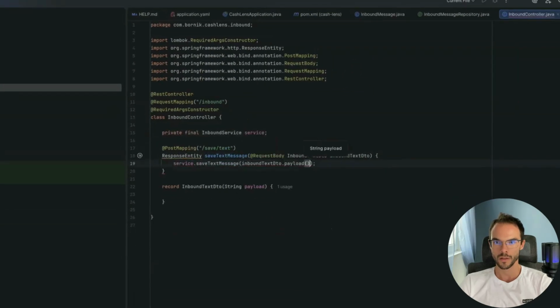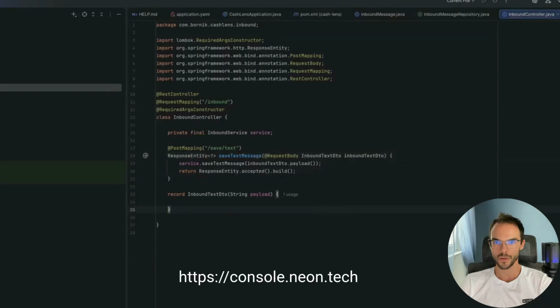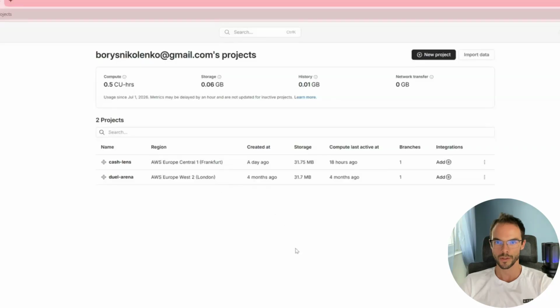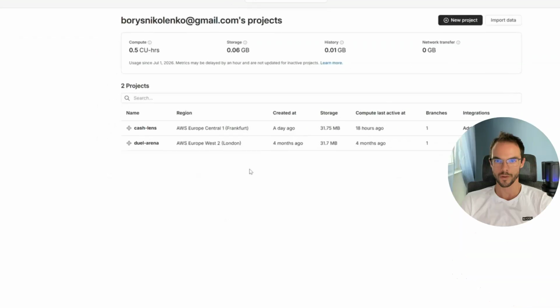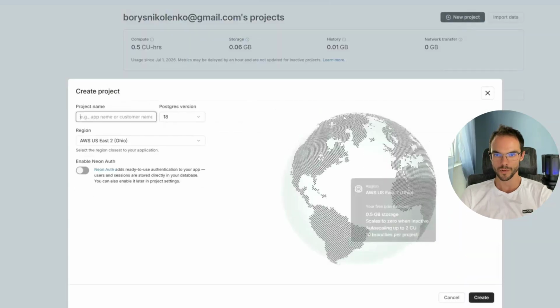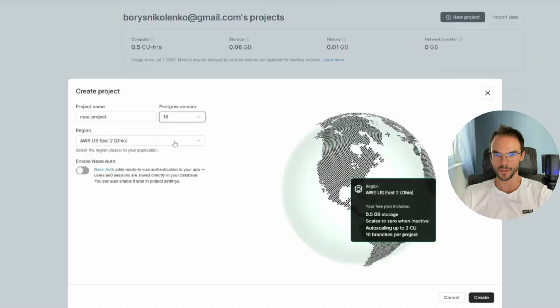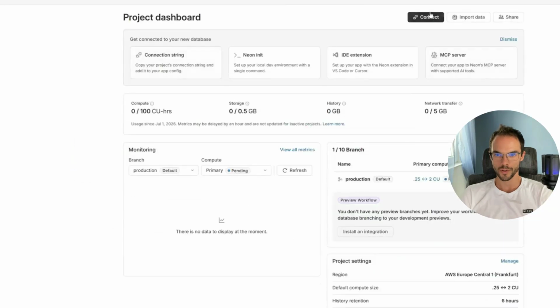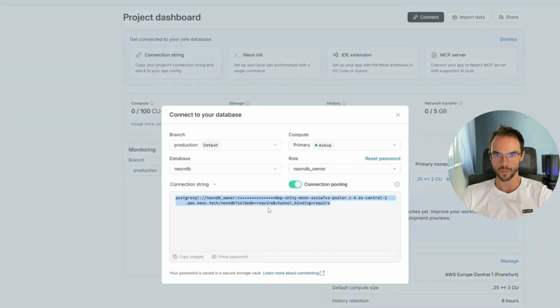Now let's configure the data source. Here in the Neon console, I have already created the project for our database, but I will guide you through the process of creating the project. So you just pick the region. This authentication is not needed for now. And you can find the connection string here, and that's pretty much it. You copy it